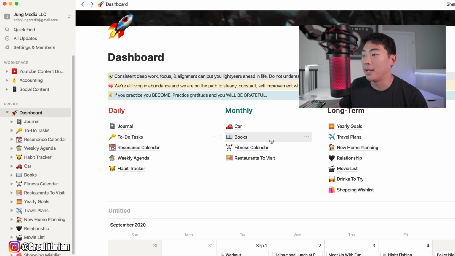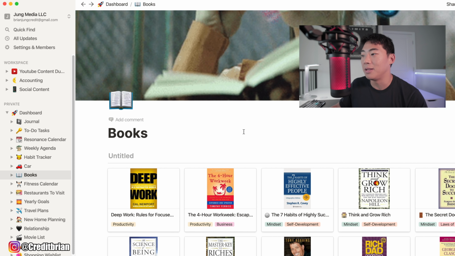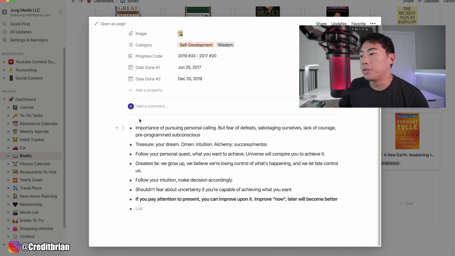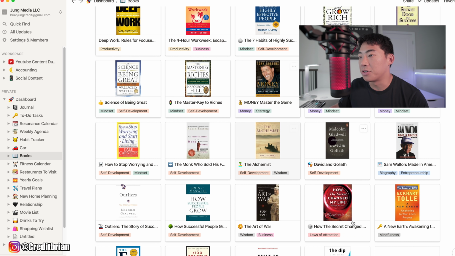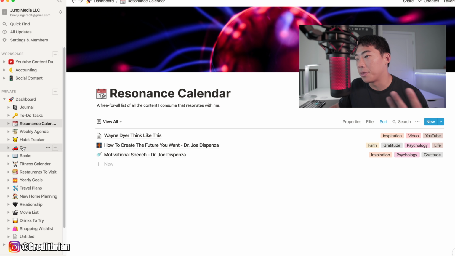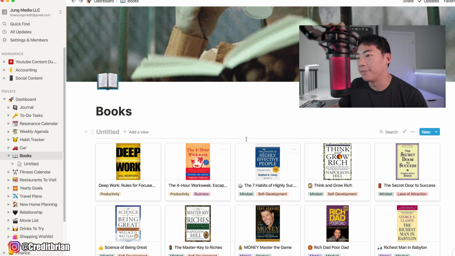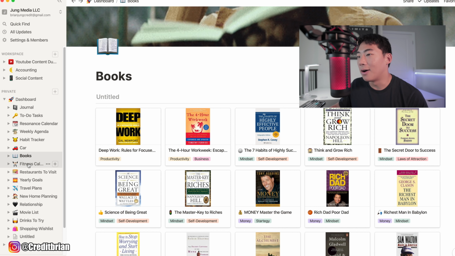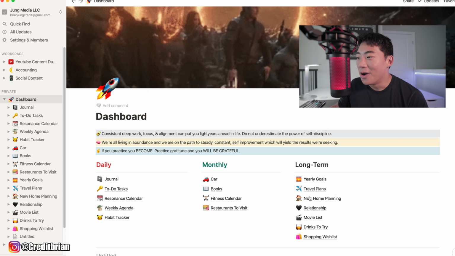I also have another section which I really like, and this is going to be the book section. So for the main part, what I would do is pretty much just put in the points and the key ideas that I got from that book and insert it into here. Now, although I have my residence calendar, I want to separate things. I want things to be more organized. If I click on books, I want to be able to see the ones that I have in this section as well.